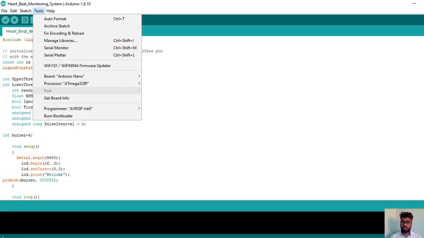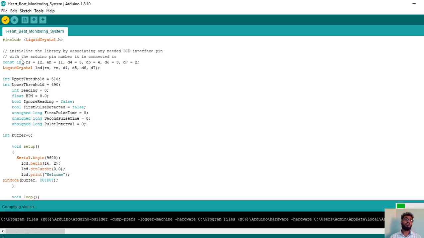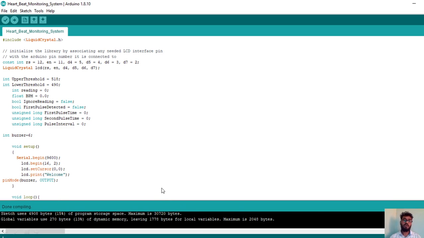So now we will compile the code. In order to compile the program, below the File menu there is a right arrow mark that will do the compilation. So just click on that. As you can see, it is highlighted. Compiling sketch. So my program is compiling. When the compilation is done, it will show Done compiling. So compilation has been done. Whenever the code is written correctly, it will show Done compiling. If any error is there, it will be displayed below. So now the code doesn't have any errors, it is showing Done compiling.